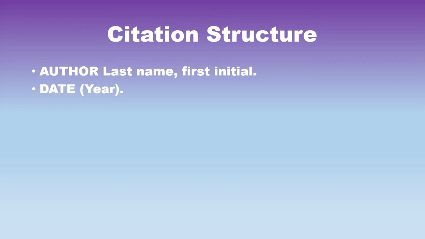So the citation structure in APA is actually pretty simple. We're going to start out with your author's name, last name, and first initial, not their whole first name. And we're going to put a period after that because we're closing the thought out. So think of it like you're writing a paragraph and your author's name is one thought, period, end of sentence. Then we're going to put the date that your article was published, just the year in parentheses. Again, follow it with a period because we're ending that thought.